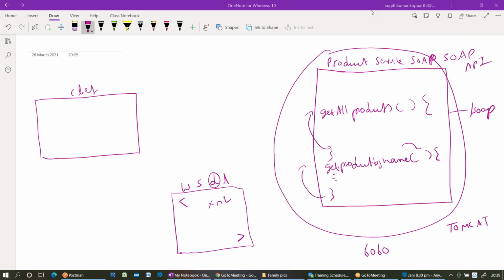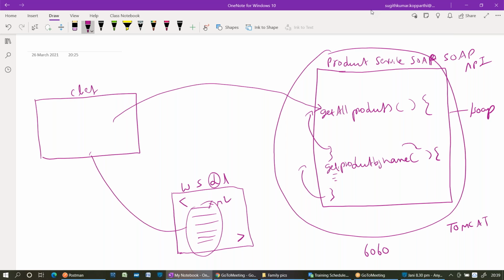Now, based on the code, what does that WSDL contain? Port name, port number, service name, and address of that WSDL, and what the operations are, the signatures of get all products, get product by name. Signatures, everything will be in XML tags. Based on the code generated here, from the client application we are going to try to consume the third party application, right?